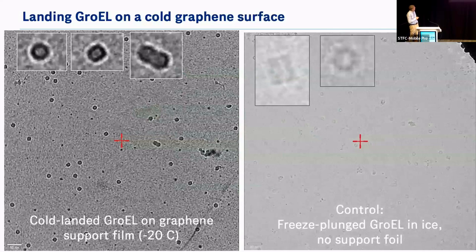This is the first time that we had a pretty successful experiment, in the sense that we could recognize what we had landed. And this was CryoEM, landed on a grid that was kept at about, we think, -20 Celsius. There's a continuous graphene support film, which unfortunately wasn't very clean at the time. Later, I'll show you much cleaner